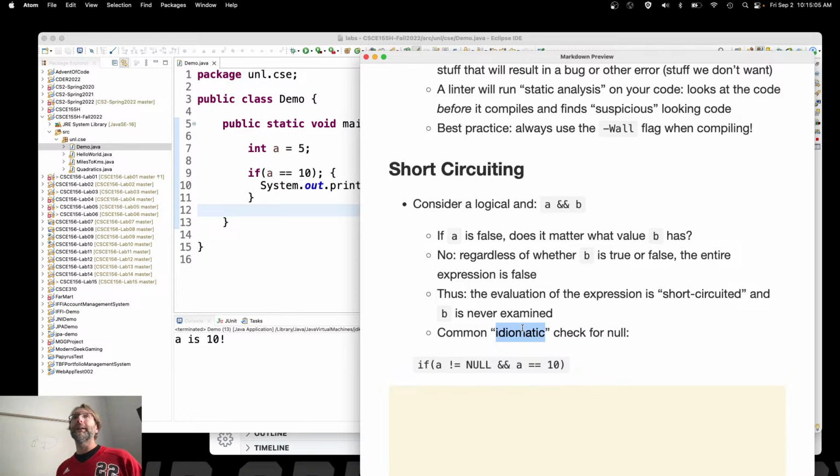Code also has idioms and idiomatic ways of doing things. Again, if you're coming from a Python background, there's always the Pythonic way of doing things, right? You could write a traditional while loop or a traditional for loop in Python, but that's not the Pythonic way. You should use list comprehensions because that's the idiom in Python. We'll pick up more idioms as we go along, but short circuiting is also, in a sense, an idiom